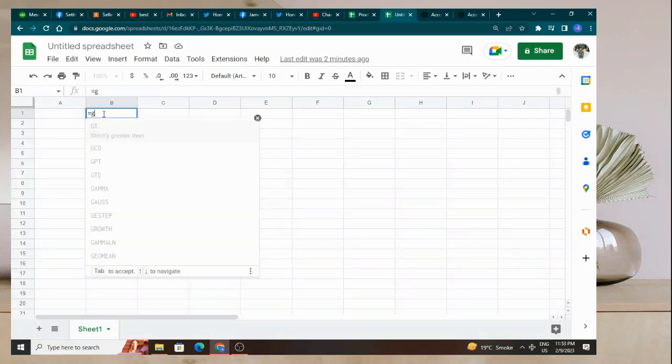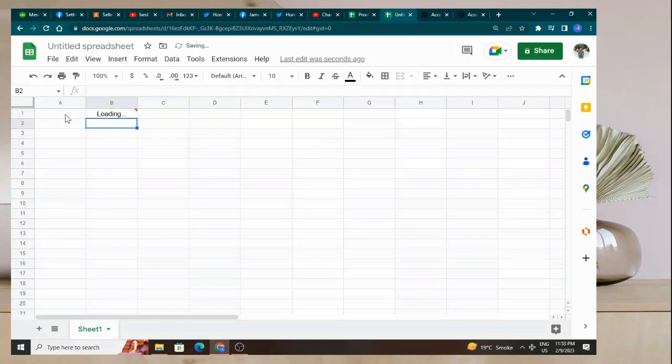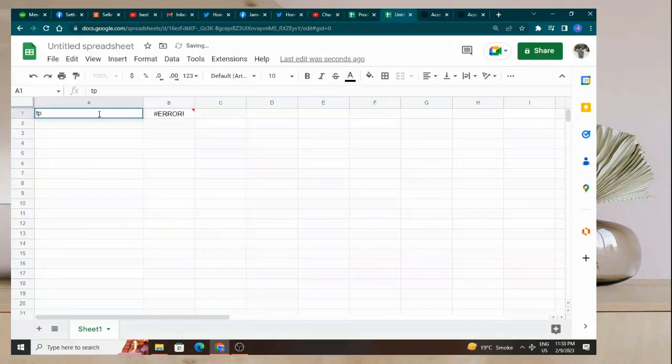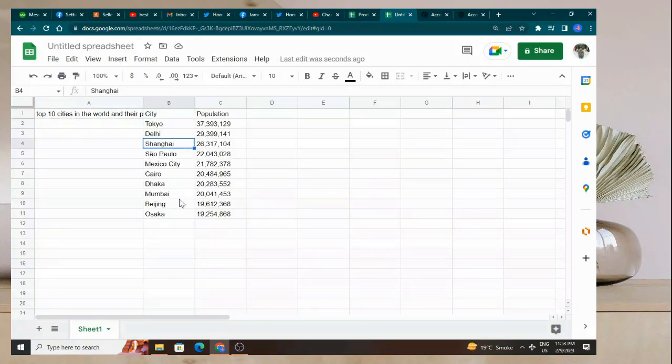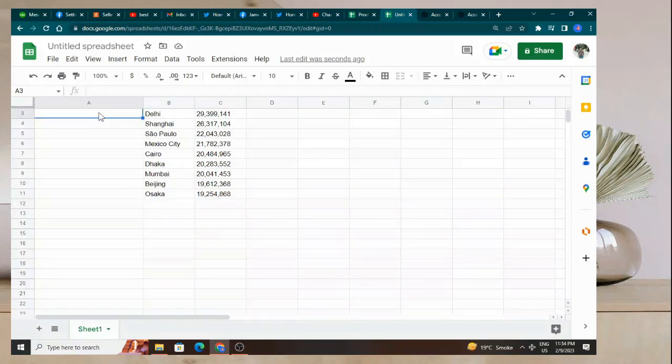Okay, here I will type GPT table prompt. I will type here top 10 cities in the world and we're getting our results. It's taking time, but it's almost getting. Oh, we got it. We can use this for our analysis in order to publish, or you can use further command